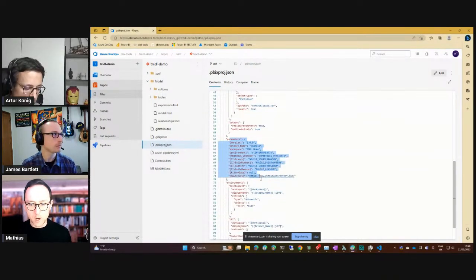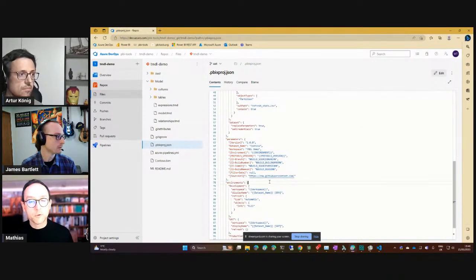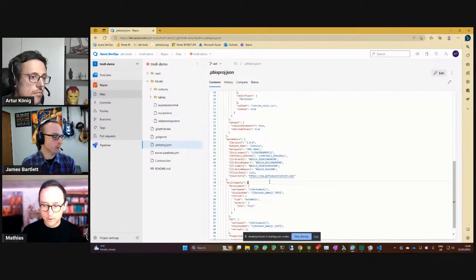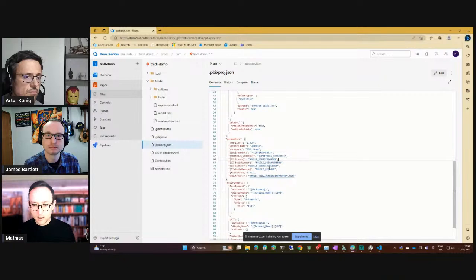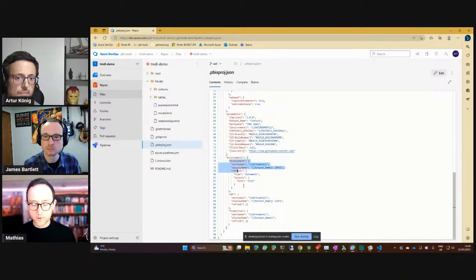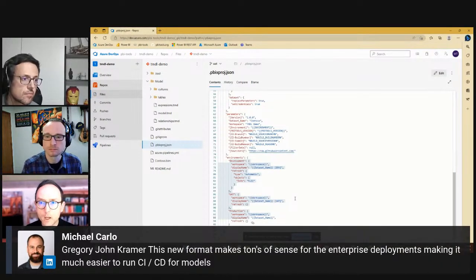I've got various parameters which are replaced during deployment. In this particular case, I'm actually leveraging Azure DevOps built-in variables so that I can inject things like build ID and source branch and whatnot, right? And then I've got 3 different environments defined: development, UAT, production,